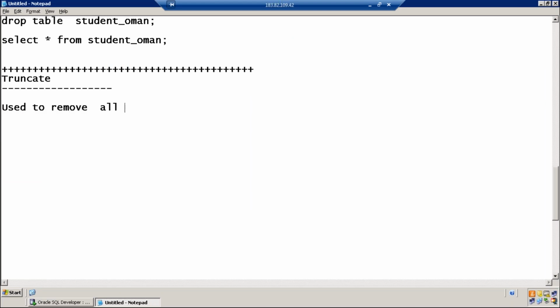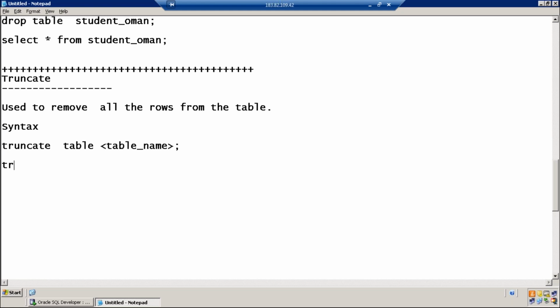Use it to remove all the rows from the table. Truncate table, table name. Example: truncate table employee.